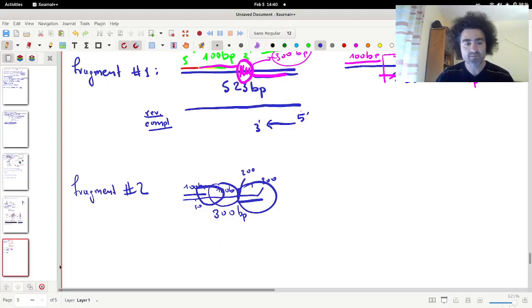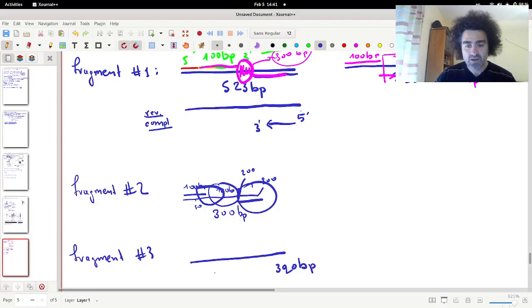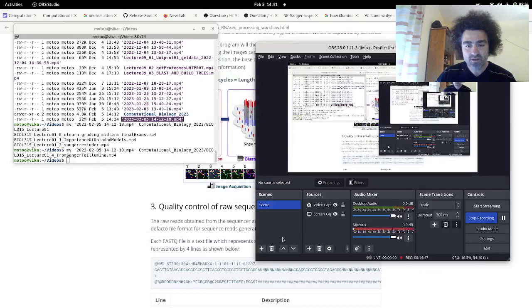This is for another fragment, fragment 3. So fragment 3 is a piece of DNA, let's say 300 base pairs or 320 base pairs, that didn't start from position 1 of the genome, but starts at position 50 and goes